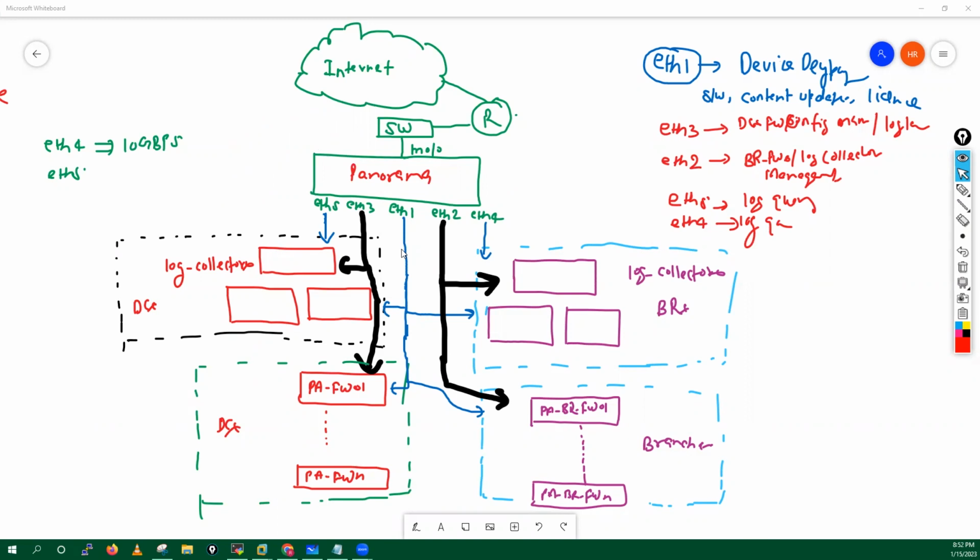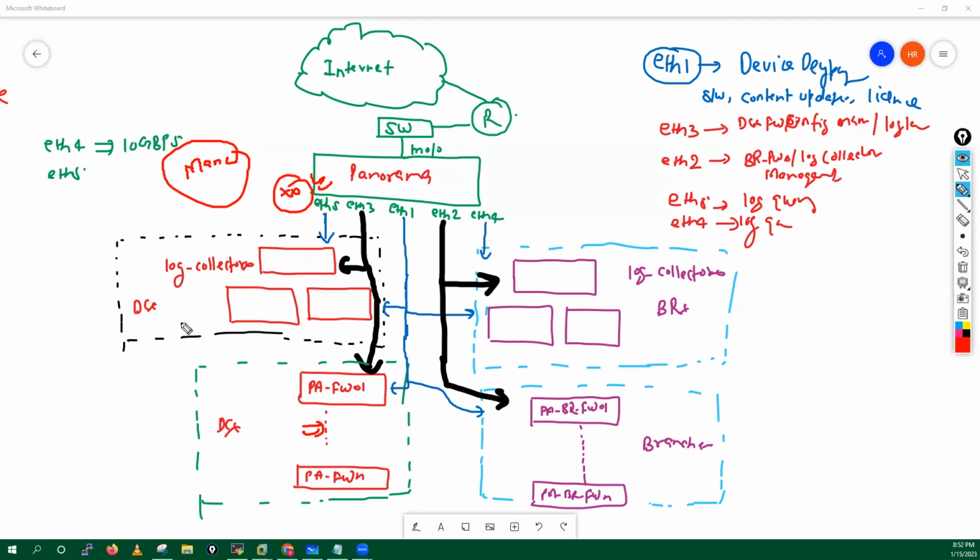I have one question. If we are running the Panorama in Management Only mode, like you said before, it cannot get the threat and traffic logs from the log collector. Is it so? Suppose you are running this Panorama in Management Only mode and your firewall is trying to send traffic logs. It will drop all these logs. Is it the same case for the log collector as well?